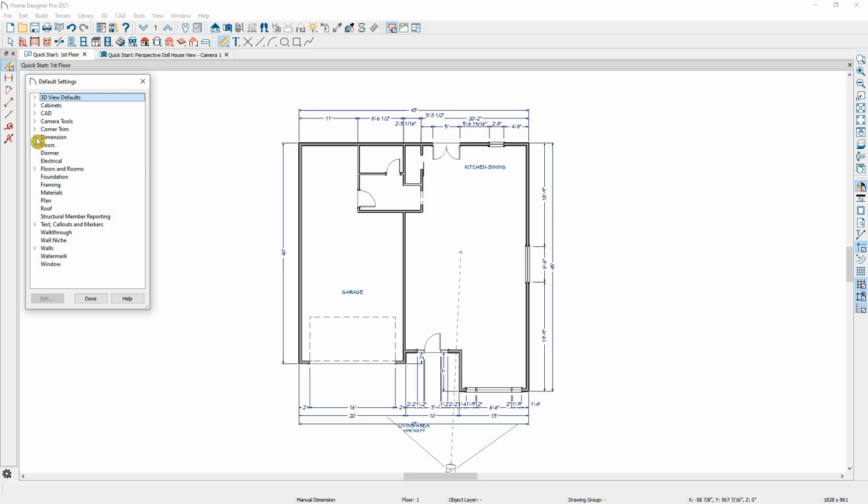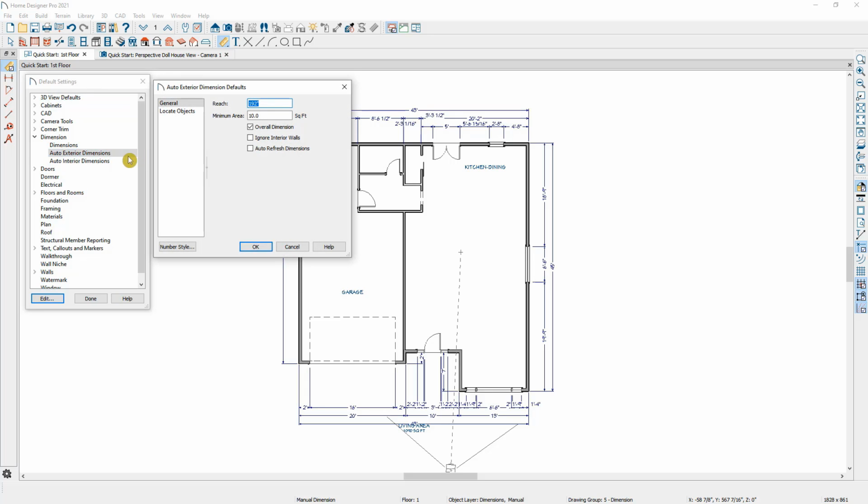In Home Designer Professional, if you go to Dimensions, you have this option right here for Auto Exterior Dimensions. Here you can tell the program if you want it to ignore interior walls like we have right here. Let's go ahead and check this. And then let's go ahead and check that we want to auto refresh our dimensions when we make changes in